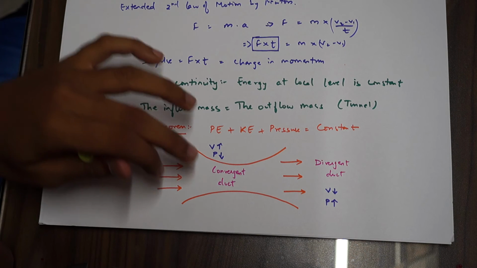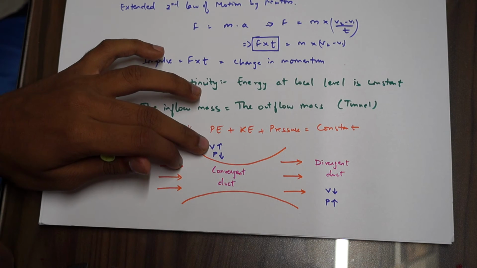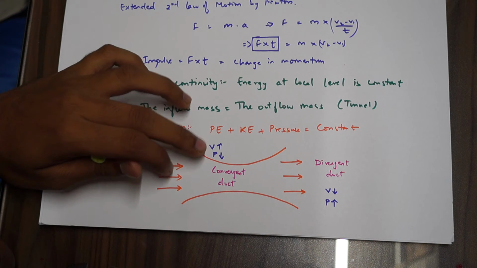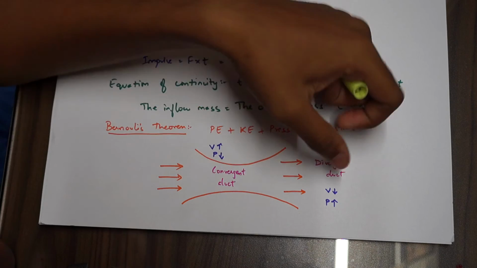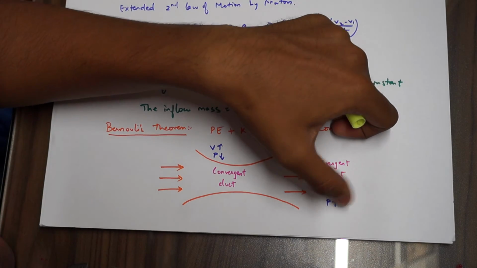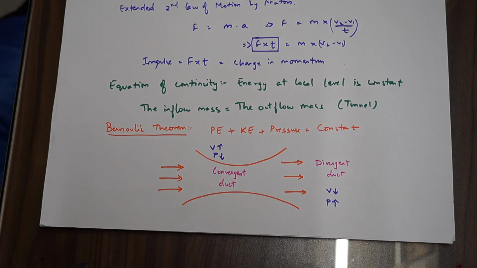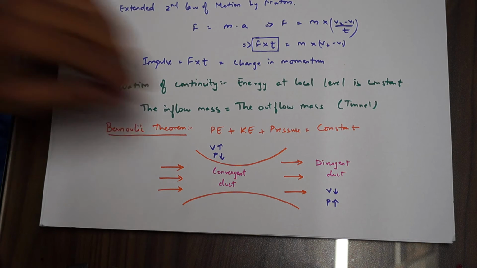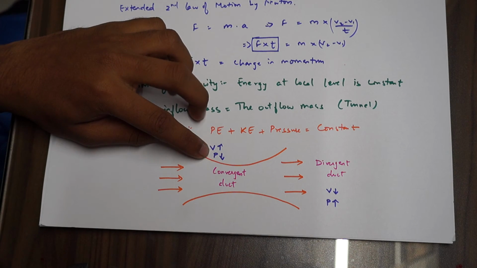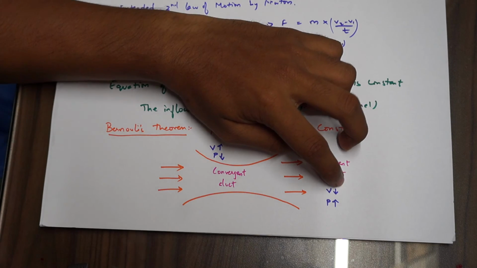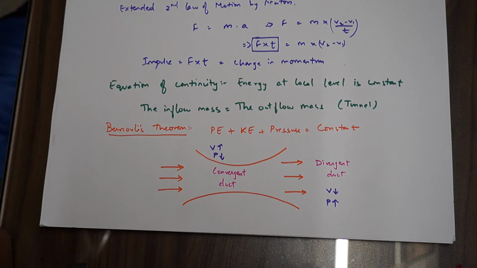But this is important. In the convergent duct, the velocity will increase and the pressure will decrease, and in the divergent duct velocity will decrease and the pressure will increase. It's not the volume, it was my mistake. So it is the velocity that will increase, the pressure that will decrease, and the divergent duct is the other way around. Alright, so next we are going to do